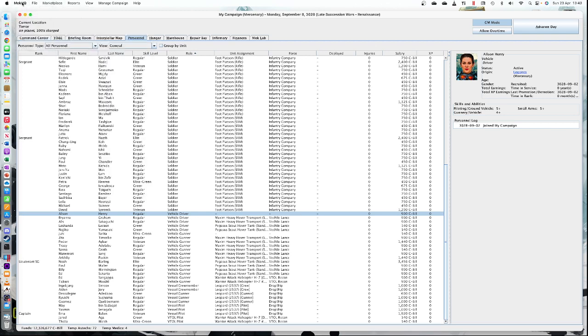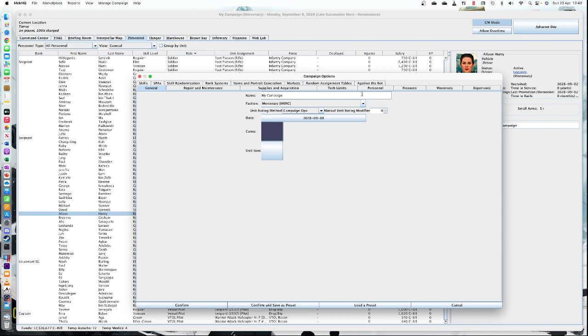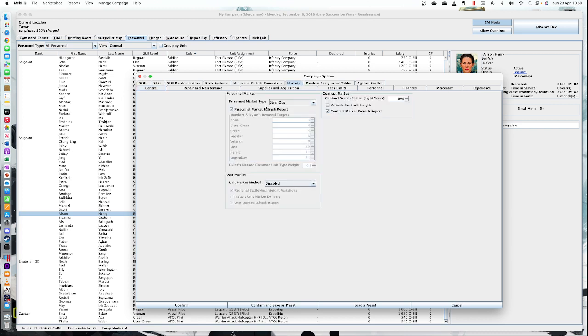There are some extra options for hiring. If you go to file and campaign options, if we go into the options, we can actually use an alternative house rule system for acquiring personnel. If I can remember, it's in markets here, and you can change the market here from field manual mercenaries revised,